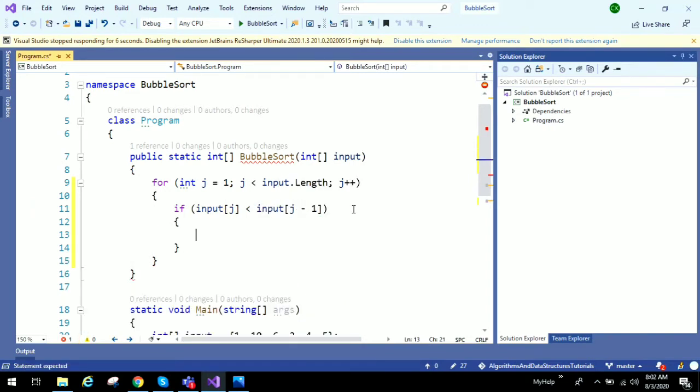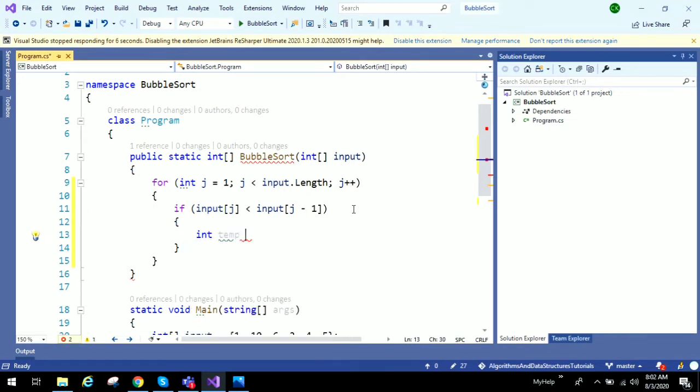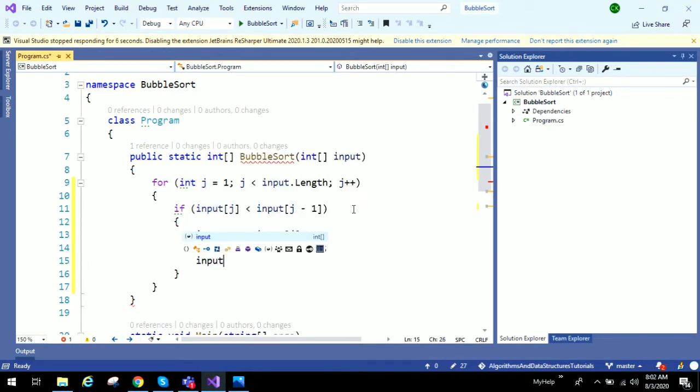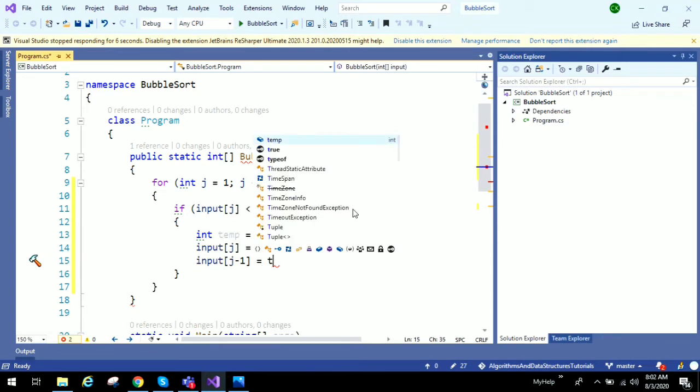Then we need to swap, that is int temp is equal to input of j, and input of j is equal to input of j-1. This is standard swapping, so I hope you know this already. Input of j-1 is equal to temp.